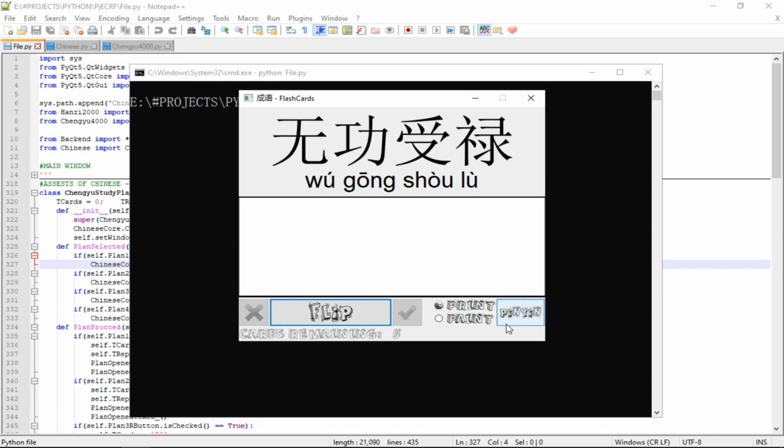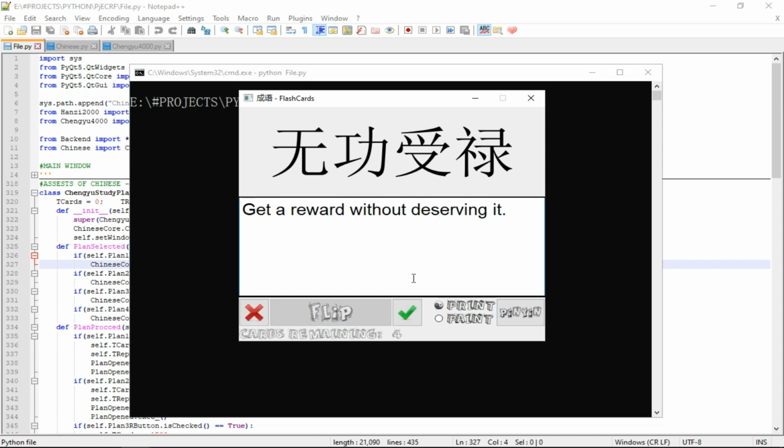And then there is one option for pinyin, because Chengyu are considered to be advanced. If you are learning Chengyu, they are going to be advanced, and you probably at that point would be familiar with the characters, or the Hanzi. But for some reason if you aren't, there's still an option for pinyin. However, if you still want to go hardcore, you can. It's basically the same as the flashcards, but this time I used a text editor, not a label, because some of the descriptions are relatively long compared to what you're seeing right now. So if I can show you some examples, okay,